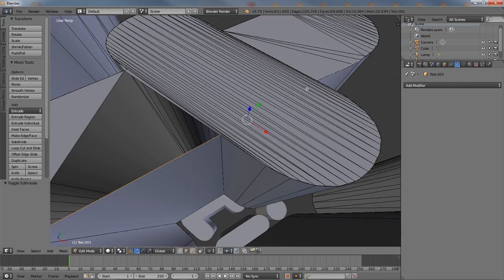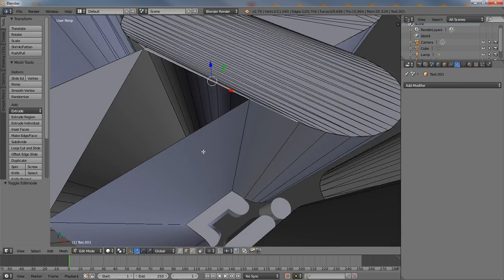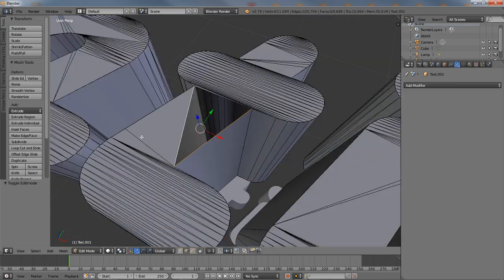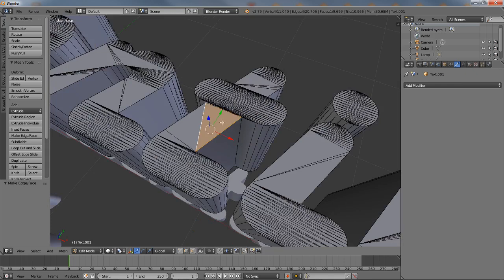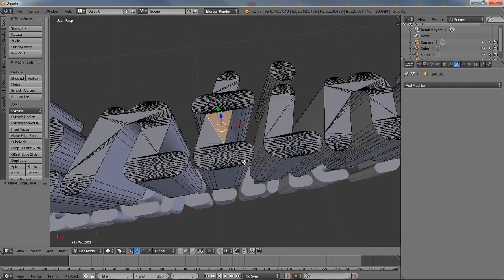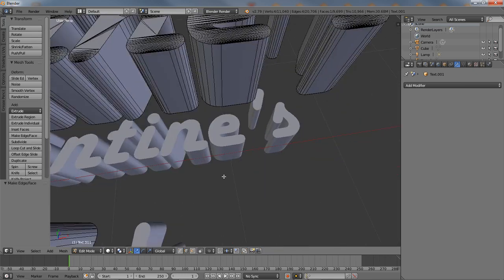But because of the reduction and the way that the letter is constructed or auto-constructed, we've got an alignment issue. So we're going to have to just select the two sides of the face that's missing, and then we can fill that gap with the F key, and it'll fill the gap, and then we just need to go around the mesh to make sure that that's